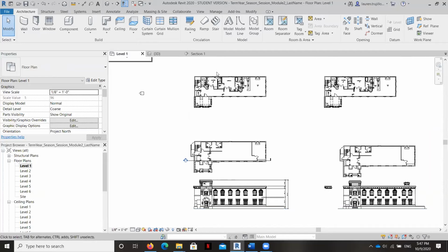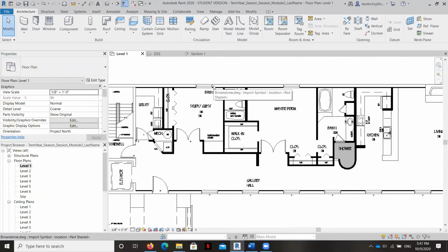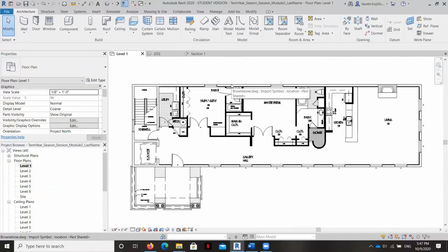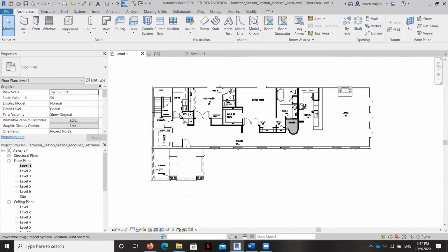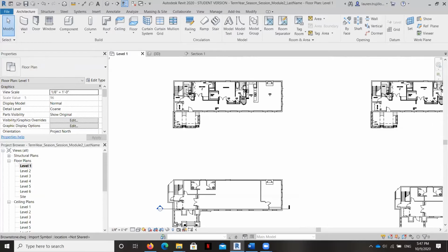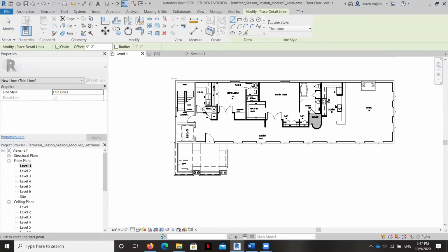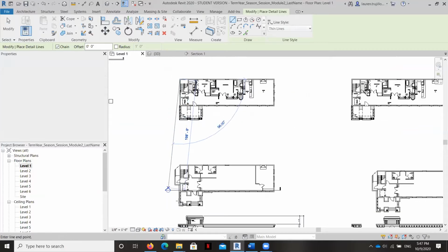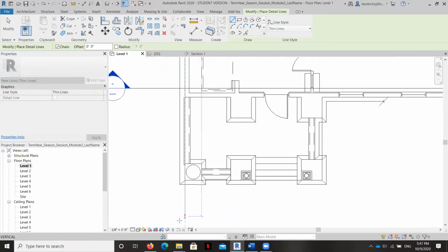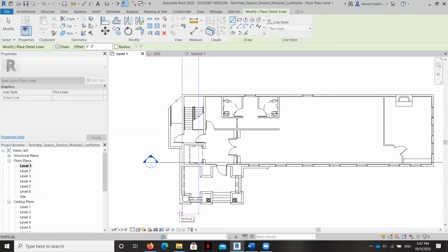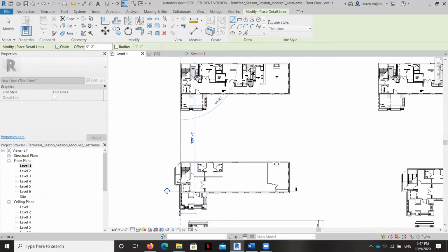This is a floor plan for the second floor coming in. And this has also been used in a project for a different class in our curriculum, so you can see it's got a little bit more detail added to it. But you can see here the footprint is pretty much going to be the same. So what I'm going to do is just verify by drawing some detail lines, just to make sure that everything's lined up where it should be. So that's the end, and it's aligning with our first floor that we already created.